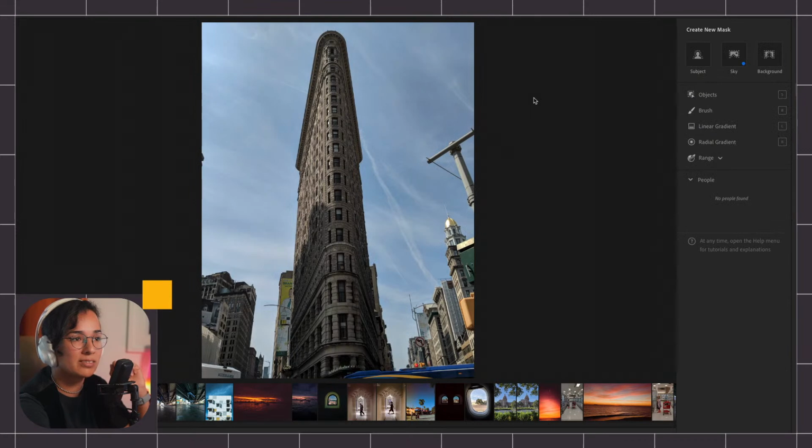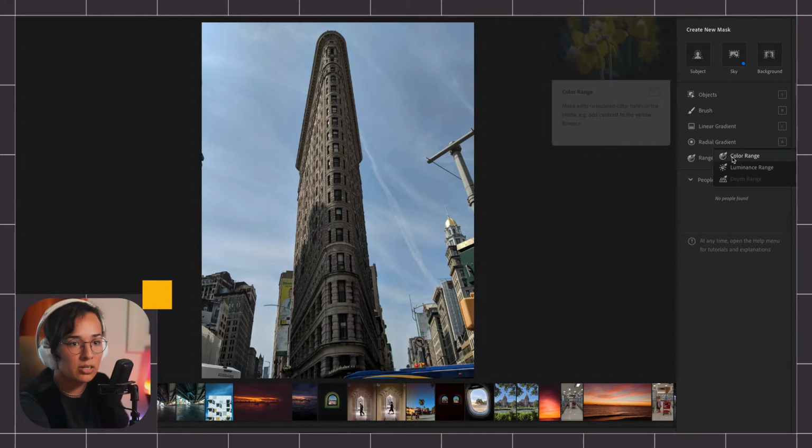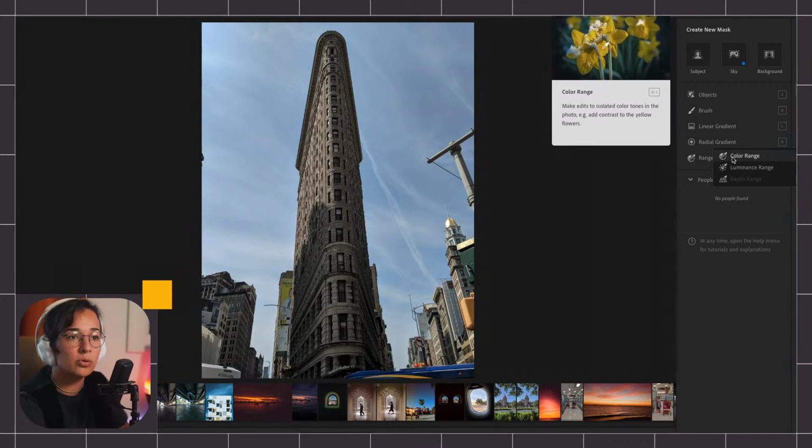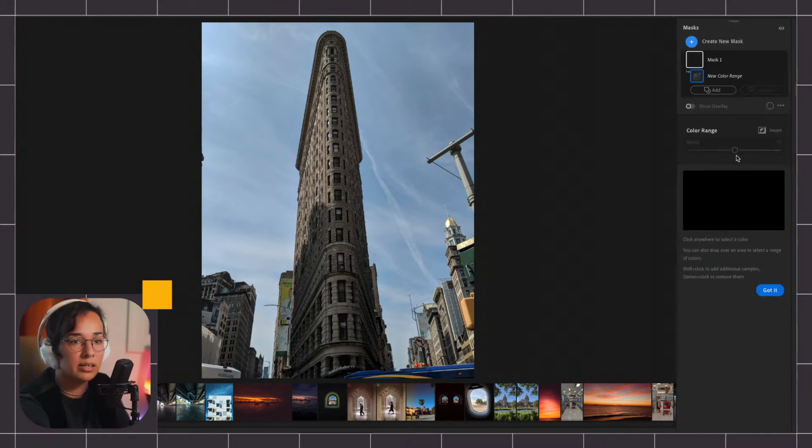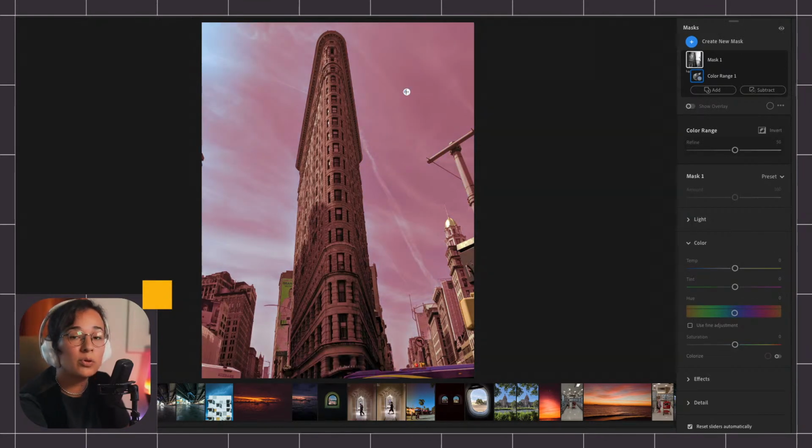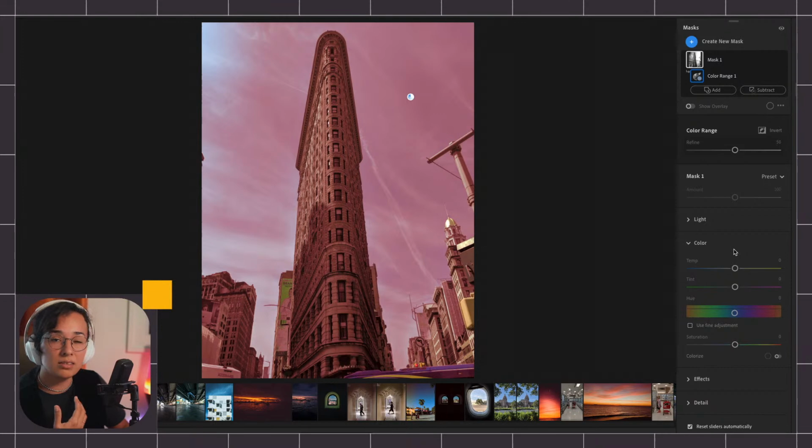So let's go into, for example, New York, and see how we can use some of our gradients to play around here. So I have also color range, luminance range, as a masking tool. There's a lot of control here, right? So I can go in here and select color range. And if I select something like the sky, right? We do have that background selection, so there's that. But anything like this color blue, it's going to select it, right? Blues and reds are really easy to find within your image, right? The reds are a little trickier because they exist within skins, so you have to be a little bit more careful,